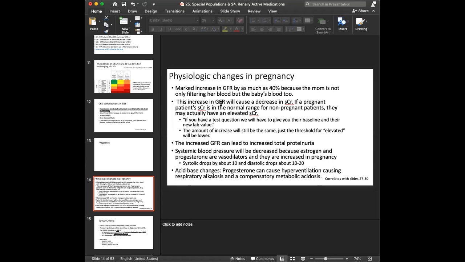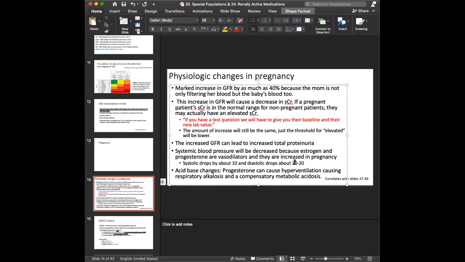The increased GFR is going to decrease the creatinine. So if you look at a pregnant patient's creatinine and it's in the normal range, they probably have an elevated creatinine. So this is something I would 100% know. So if we look at this test question